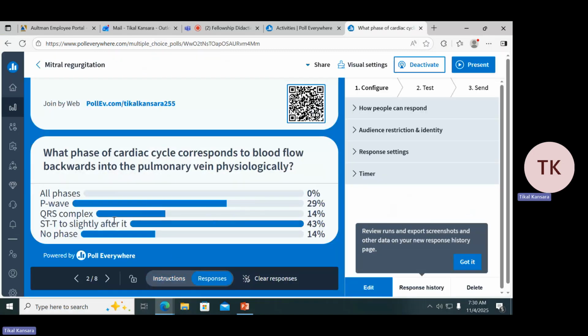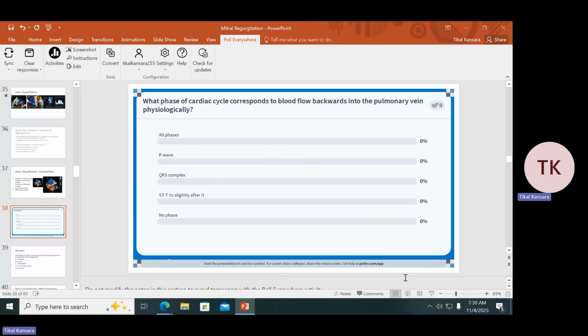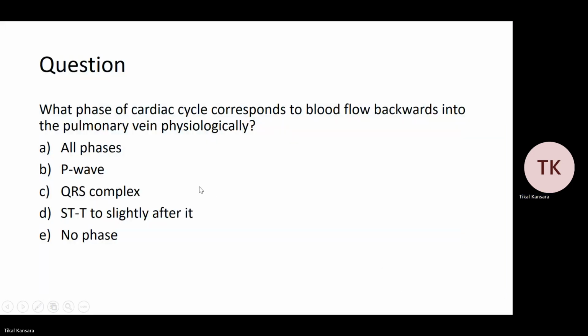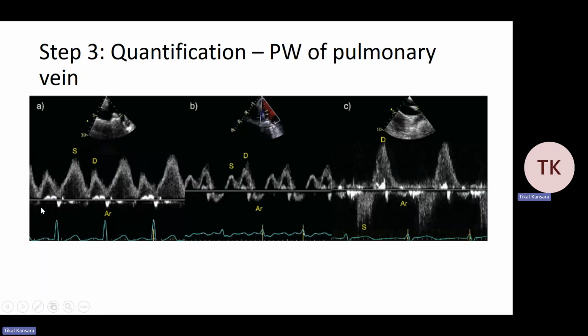So ST to slightly after T. Some are saying P wave, some are saying QRS complex, and some no phase. Okay, so somewhere between P and T. Yeah. So this is the normal. This is the physiological answer. So normally,